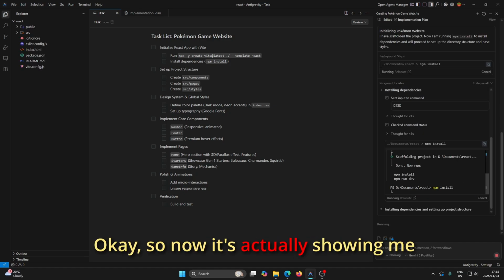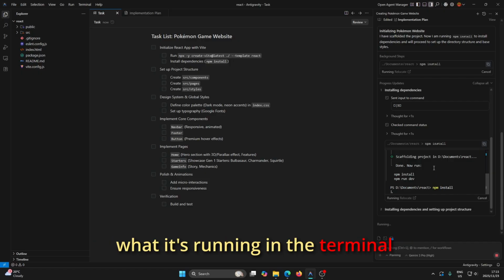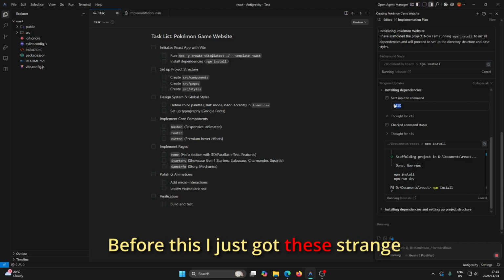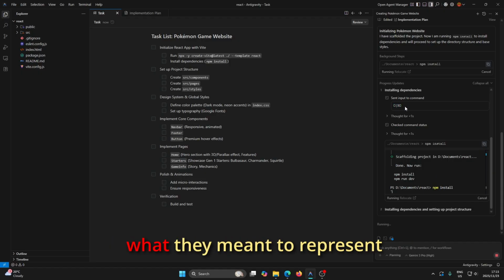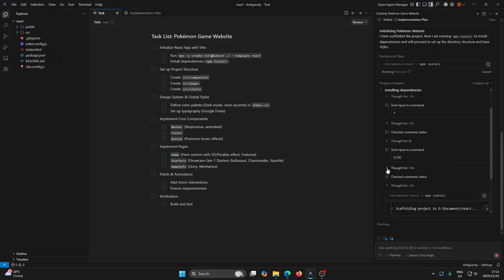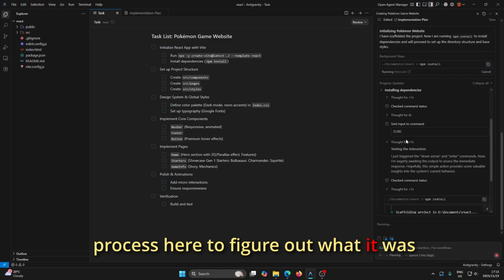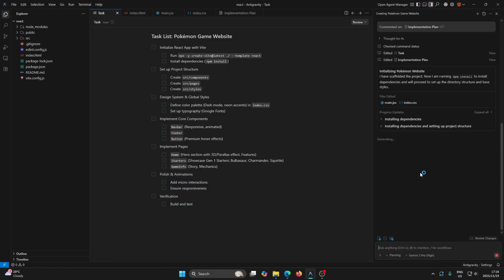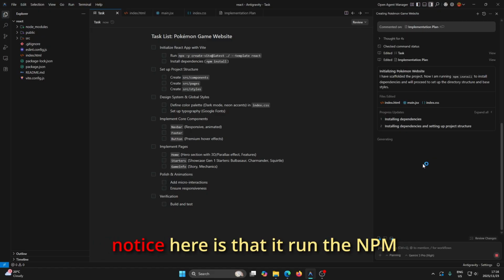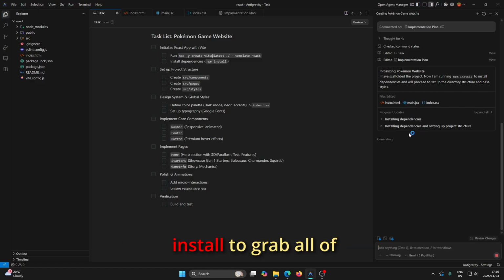Okay, so now it's actually showing me what it's running in the terminal. Before this, I just got these strange symbols, which I'm not sure what they're meant to represent. And I had to read through the thought process here to figure out what it was trying to do in the terminal. Okay, now one cool thing that I did notice here is that it ran the npm install